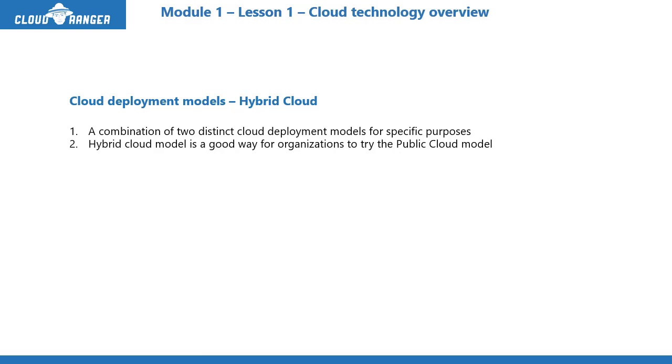Like I mentioned, this could very well be for security reasons, or for compliancy reasons. It could be a lot of organizations like large banks, large financial institutions, government organizations. They're just not fully comfortable with taking all data and putting it in the public cloud, even though public cloud now has multiple certifications and compliancy that they go through, and they may suffice. But a lot of organizations just have a policy of not putting things completely in the cloud. So hybrid cloud is where you'll most likely end up. So next time you hear somebody say hybrid cloud, you know that this is basically a mix of private and public cloud.